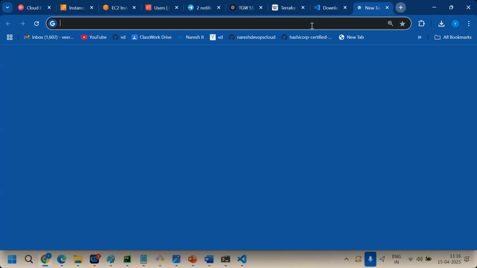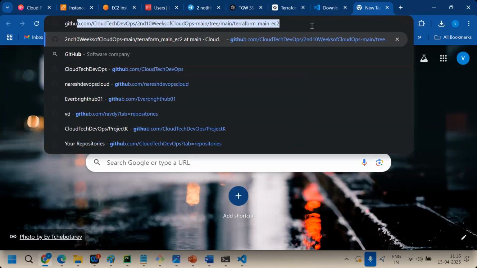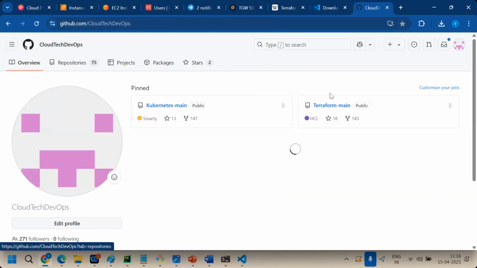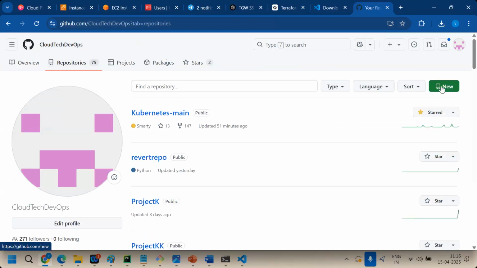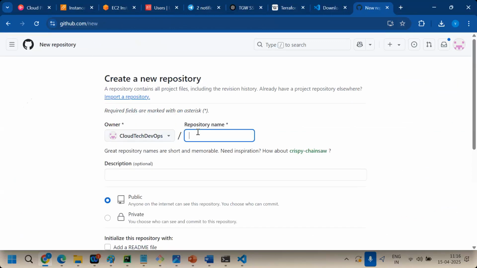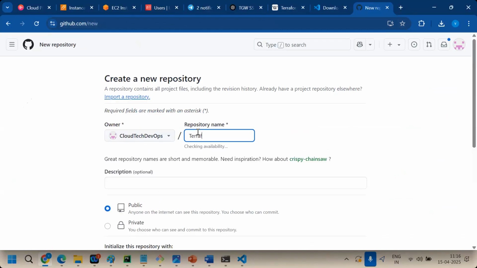Now immediately go to GitHub, create a repository here. Terraform 10:30 a.m. practice. Okay, your wish, any name you can give.